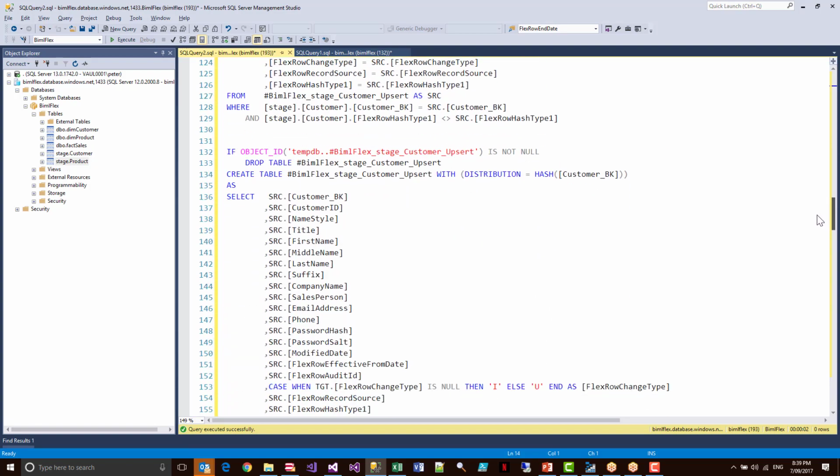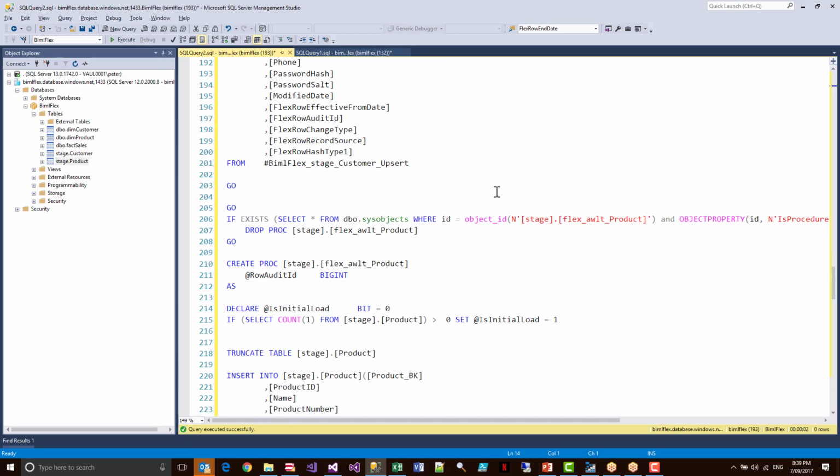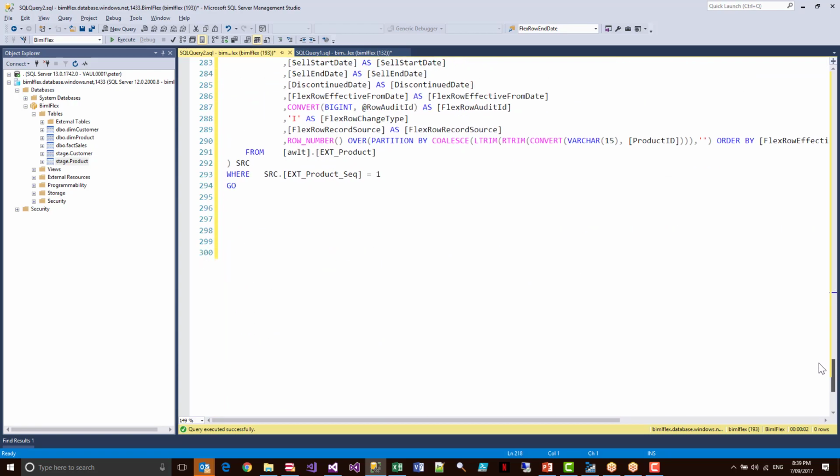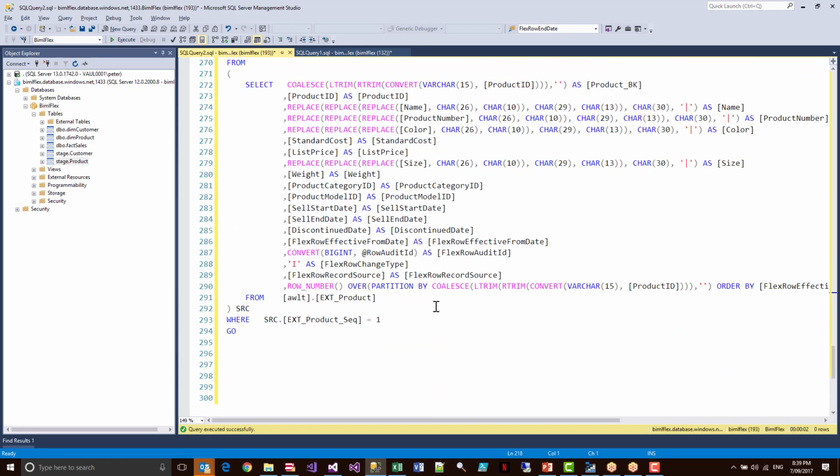But take it from me, it's done in the most optimal way that you can. The next thing I want to point out here is the one that is not persistent, which effectively is just a truncate and reload. And as you can see here, we're doing all kinds of hash bytes and regenerated code. Here is some of that